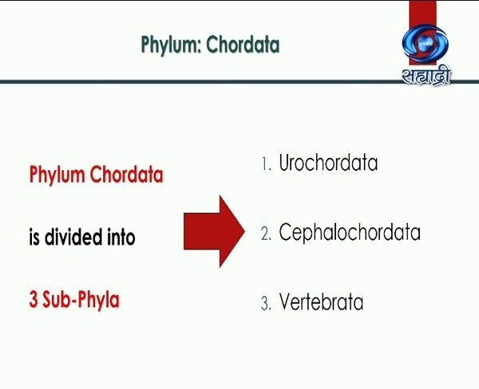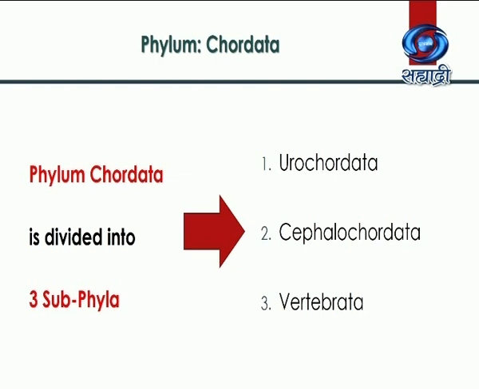Animals belonging to phylum Chordata are fundamentally characterized by presence of notochord, a dorsal hollow nerve cord, and paired pharyngeal gill slits at some developmental stage. They are bilaterally symmetrical, triploblastic, coelomate with organ system grade level of organization. They possess post-anal tail and closed type of circulatory system. That means here blood flows through closed blood vessels.